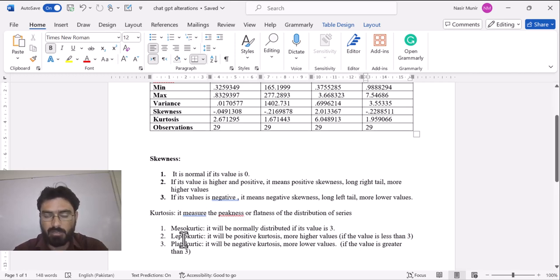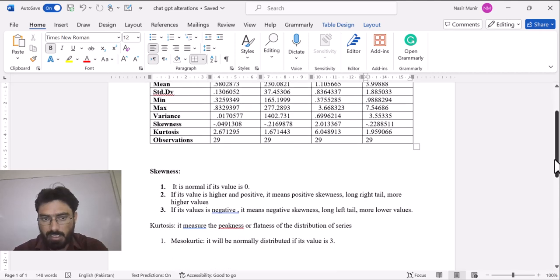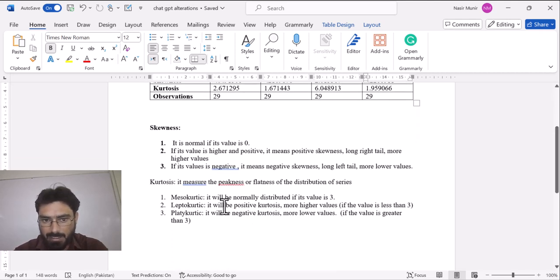So how should we interpret it? It would be leptokurtic, positive kurtosis with more higher values, if the value is less than 3. As you can see, out of 4 variables, POP or population and GDPG have values less than 3, as their kurtosis is 1.67 and 1.95. So when the kurtosis value is less than 3, it is said to be leptokurtic, meaning more higher values.